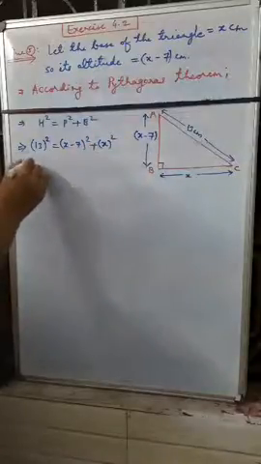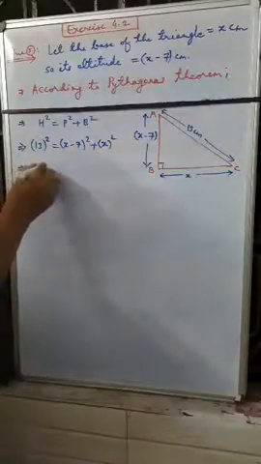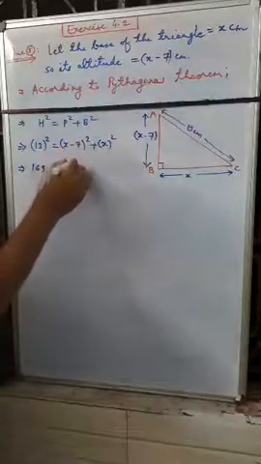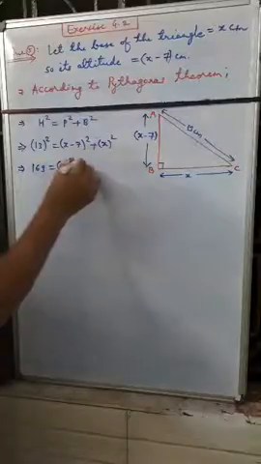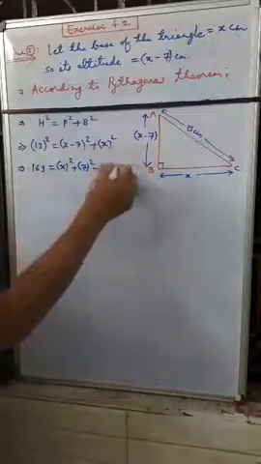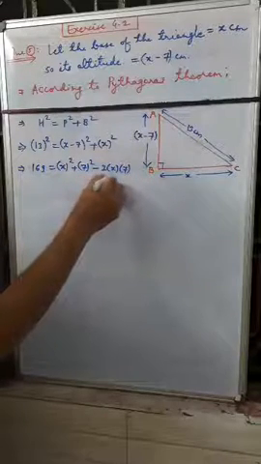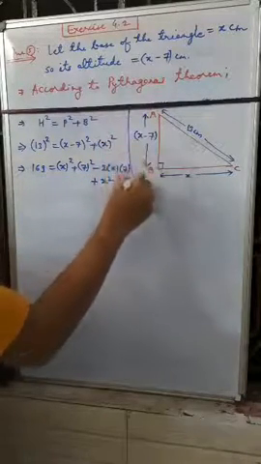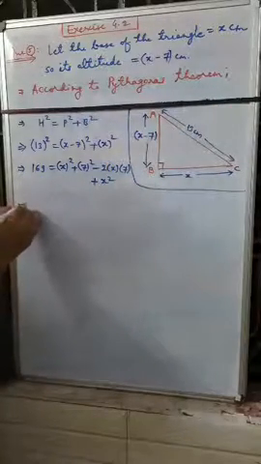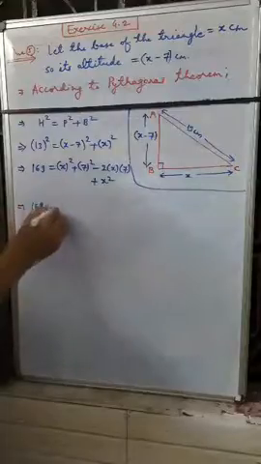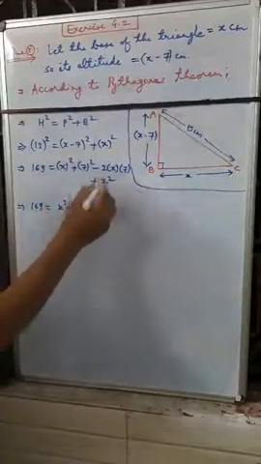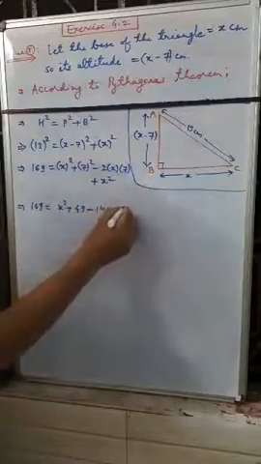Now 13 square is equal to 169. Now using the formula a minus b whole square, that means x square plus 7 square minus 2 into x into 7, and plus x square. So it is the diagram. We can separate the diagram. Now 169 is equal to x square plus 7 sevens are 49, minus 2 sevens are 14x, plus x square.